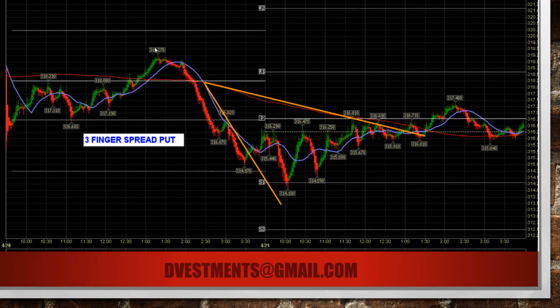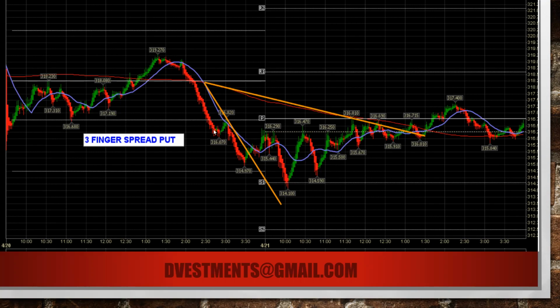You were coming up off the high of the day. You had red candles. Even before it crossed over the 20, you had the pattern going on. You had the high of the day here. You got red candles coming down. It went back up, tested that 20, but it didn't make a new high. It stayed below the high of the day. Green candles on the 20. Boom, red candles down. In the meantime, it crossed that 20, crossed over the 200,